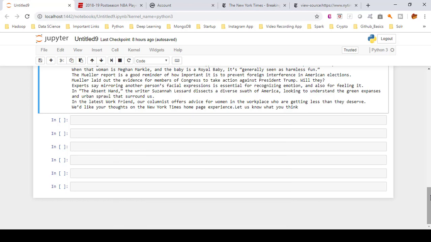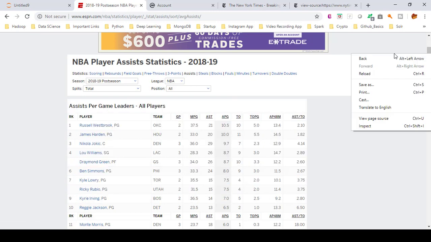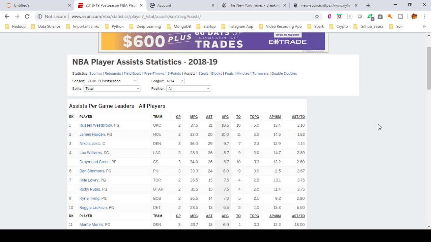So for this, we will define the table first by writing the code, and I will be utilizing the previous code to utilize the ESPN.com statistics data of NBA players. I will be utilizing that link. Let me show you first. This is the link I'm talking about. This is the table I'm going to fetch. And if you inspect this particular web page,